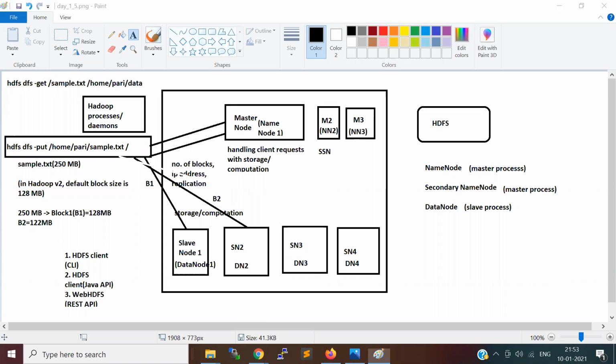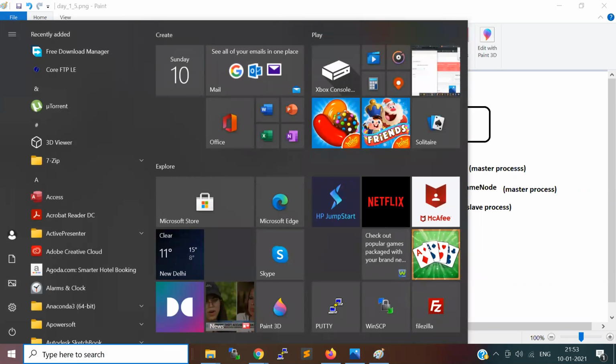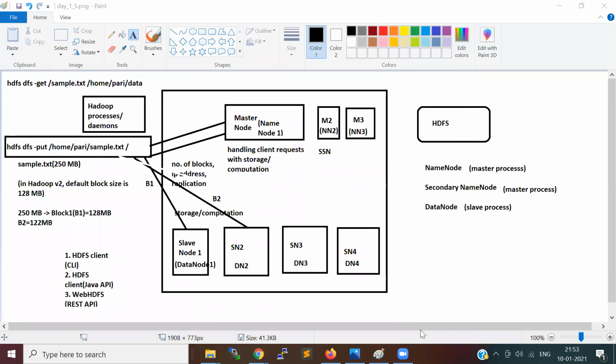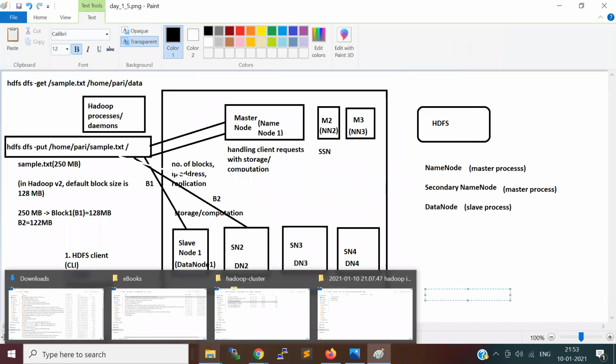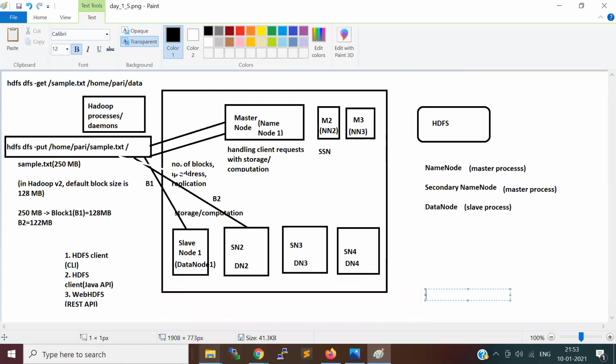So I will show the VM. I'm going to share this VM with you all. It is going to be close to 9 or 10 GB in file size.